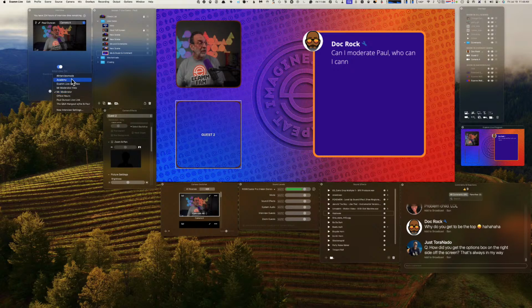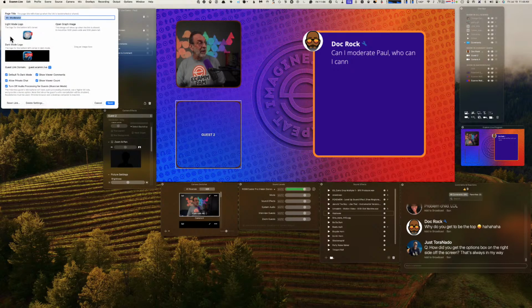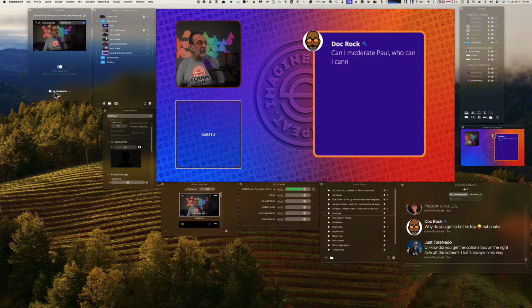You can go in also and you can create multiple scenes. So if you have multiple shows, you can set up links for each different show, and each interview link will have a different look to it. So you can add your logos, different icons. You can add comments. You can set it up differently. If I go into one of the other ones that I do,